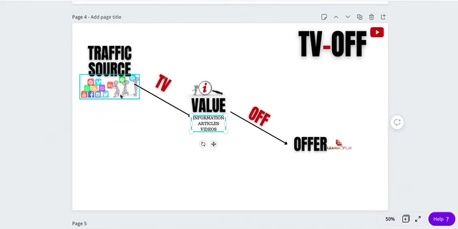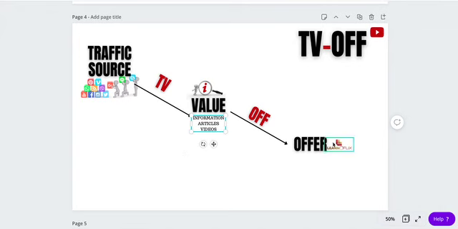People on the traffic source are in pain from the challenges and problems that they have. I have problems. There are things I'm going to buy. I have a hunger problem. I will be hungry tomorrow. You will be hungry tomorrow. So we both need food. But there are too many people offering food. How do we know what food to buy tomorrow? How do we know which food seller or restaurant we are to eat from? Every restaurant has an offer. So through value, you can give us information that attracts our attention, then you recommend the restaurant to us. I'm just giving a problem that everybody has every day.